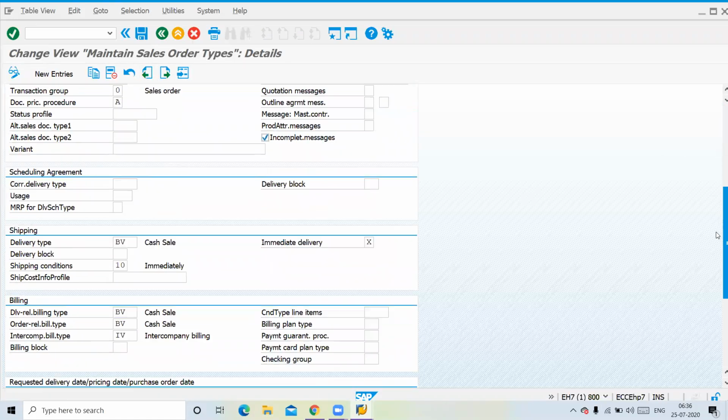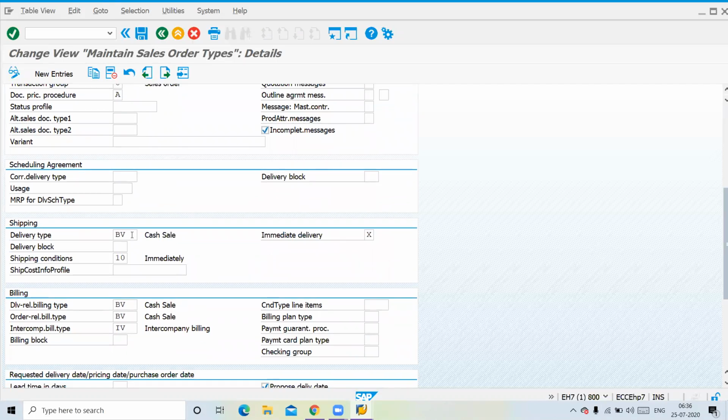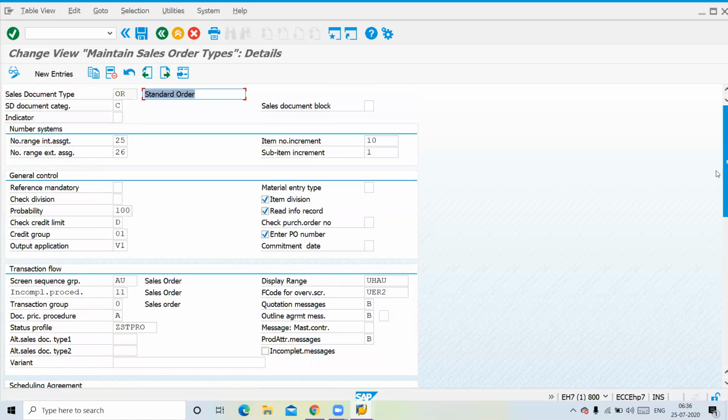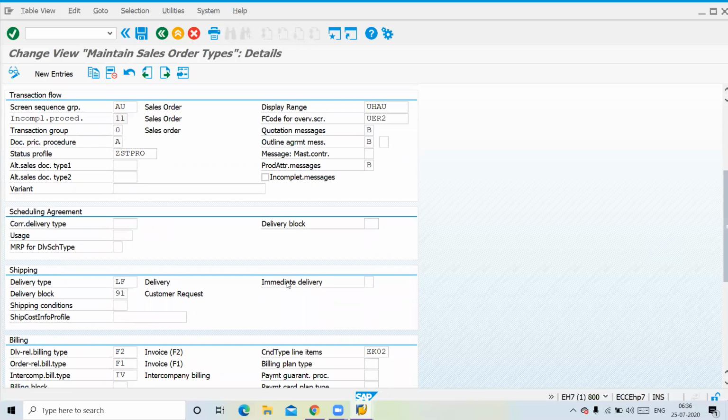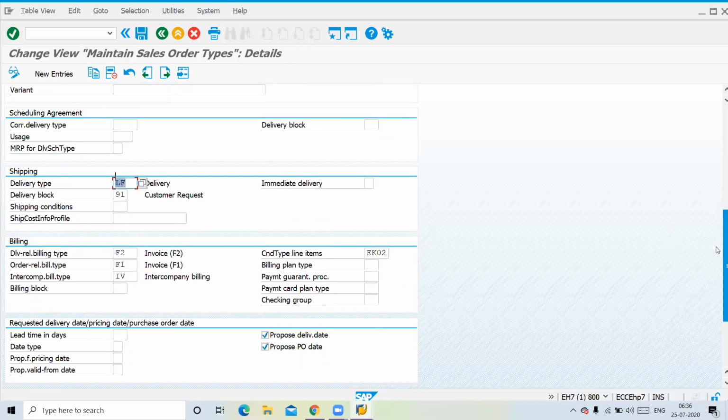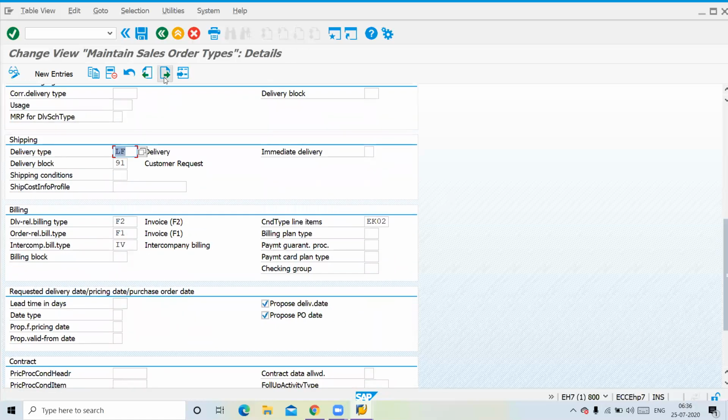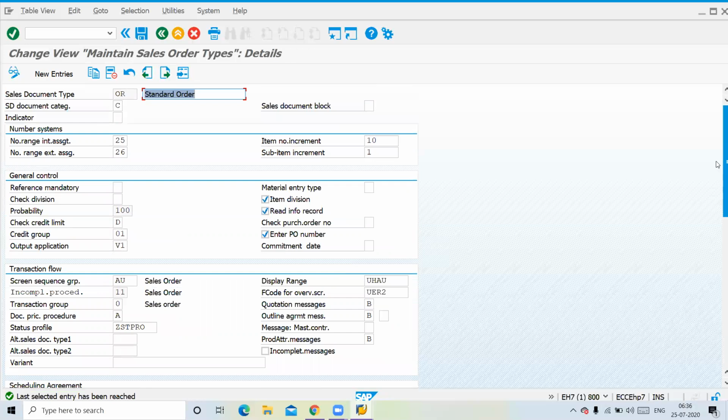If you come down here, the delivery document for cash sales is BV. For the order document type, the delivery type is LF. They could have used a similar delivery document, so why did they use BV as a separate delivery document type? Because the delivery will be created immediately, and they wanted to distinguish it.